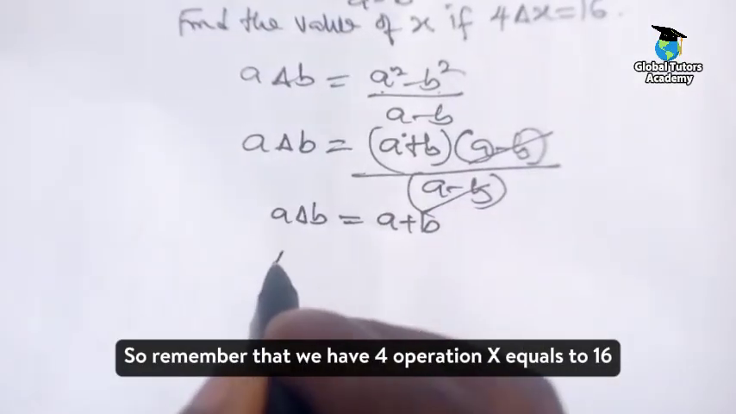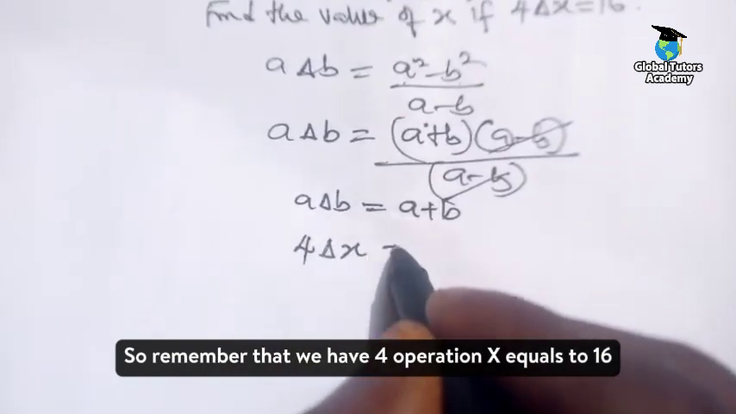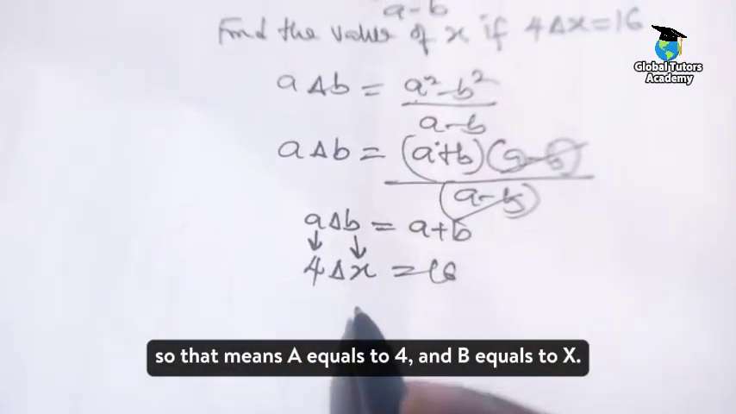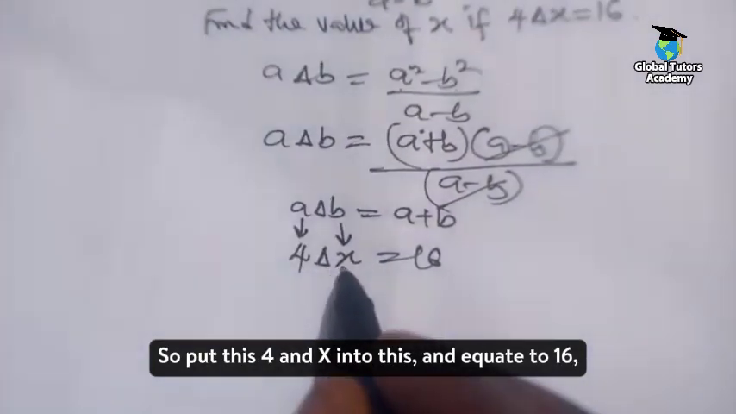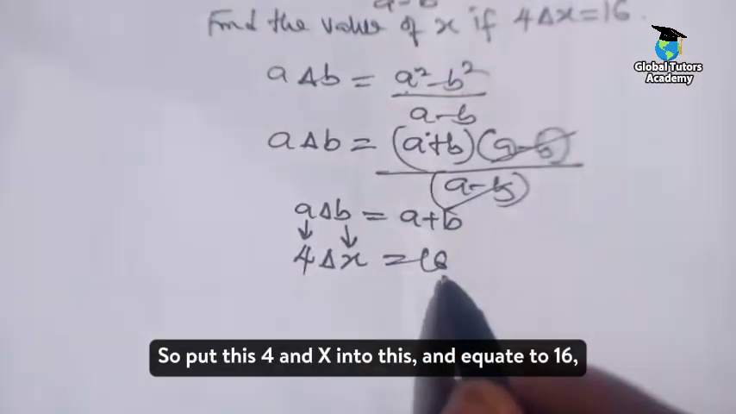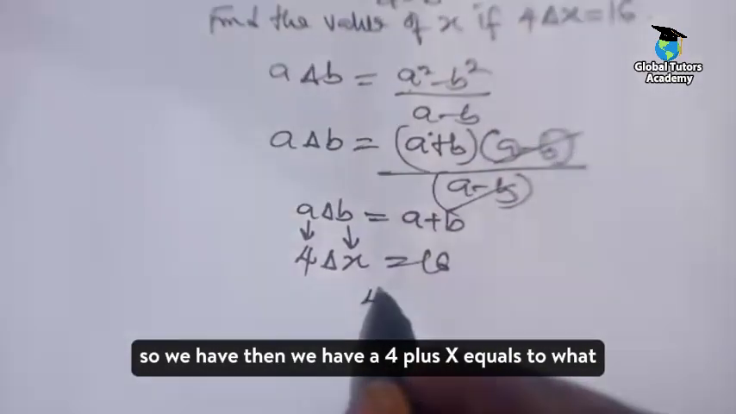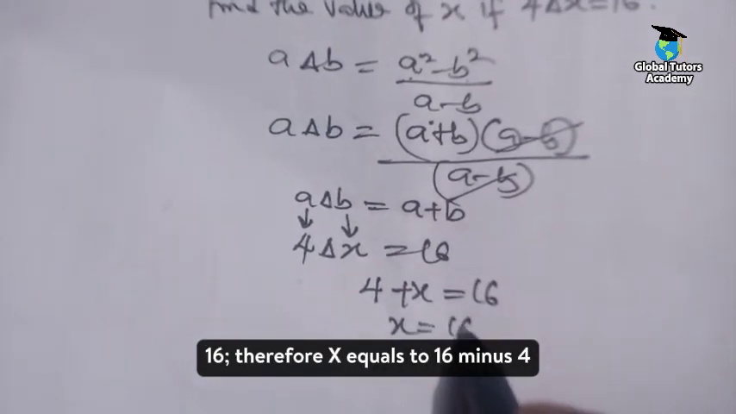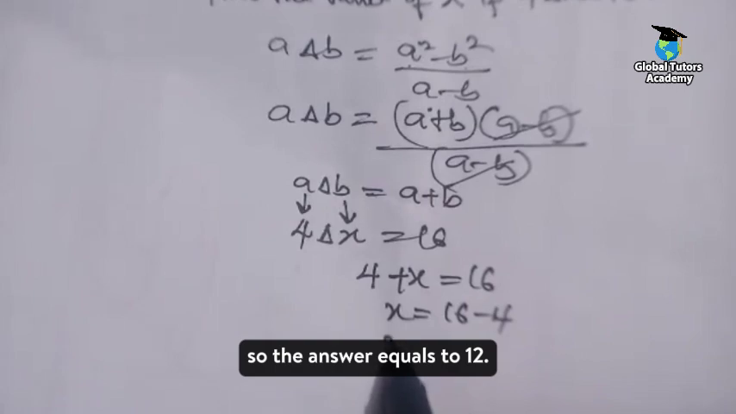So remember that we have 4 operation x equals 16. So that means a equals 4 and b equals x. So put this 4 and x into this and equate it to 16. So we have 4 plus x equals what? 16. Therefore x equals 16 minus 4. So the answer equals